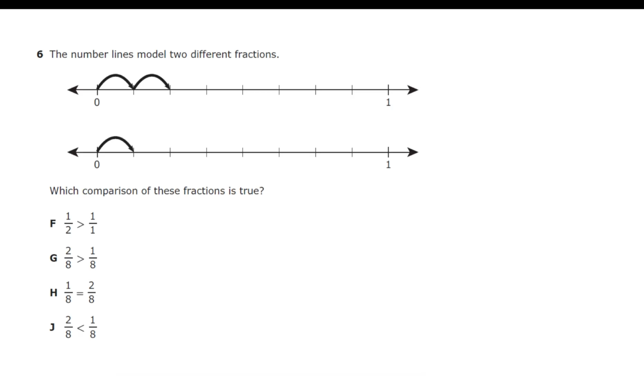All right. The number lines model two different fractions. Here are our number lines. Which comparison of these fractions is true? 1/2 is greater than 1 whole. 2/8 is greater than 1/8. 1/8 equals 2/8. 2/8 is less than 1/8. So before we go to answer